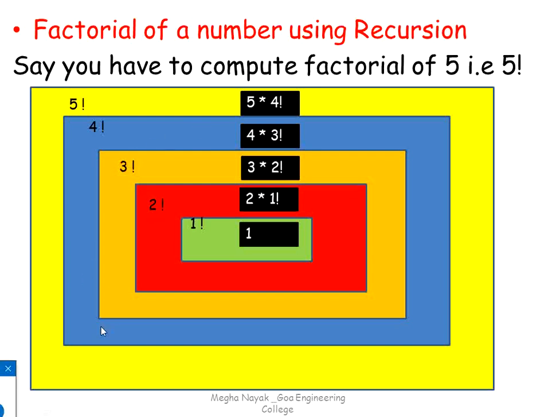So when I went on opening the boxes, I went on making as many required recursive function calls. Mind you, the opening up of the boxes only helped me pile up the recursion calls. They were not evaluating. So 5 factorial called 4 factorial, 4 factorial called 3 factorial, 3 factorial called 2 factorial, 2 factorial called 1 factorial, and in this entire